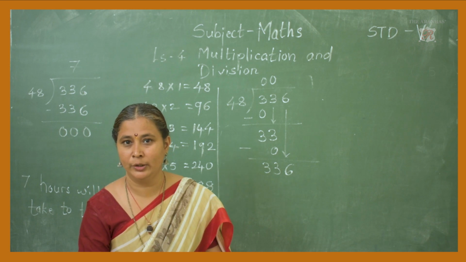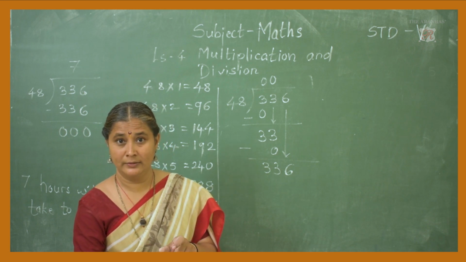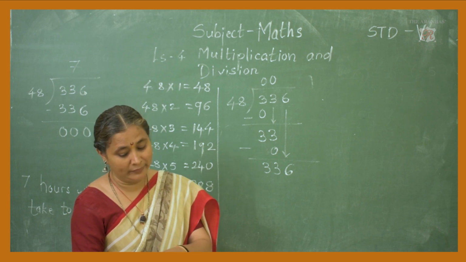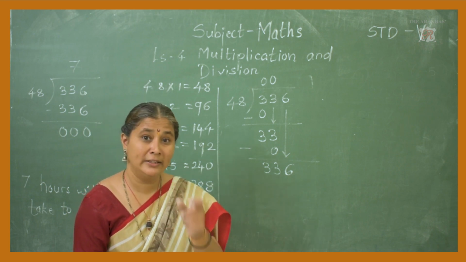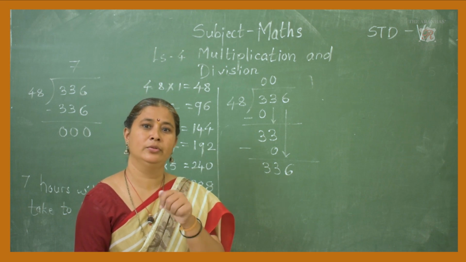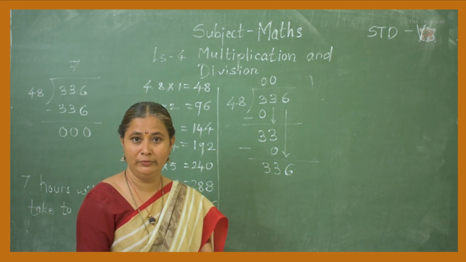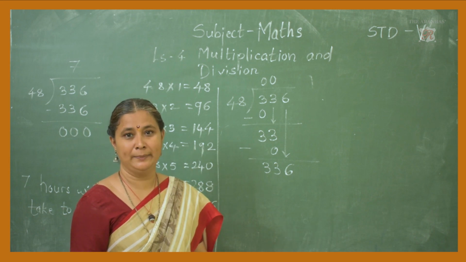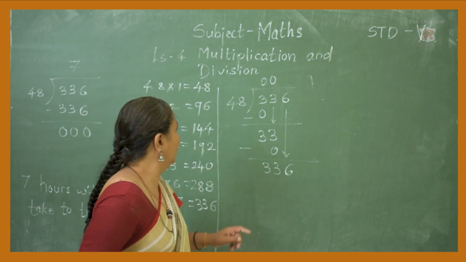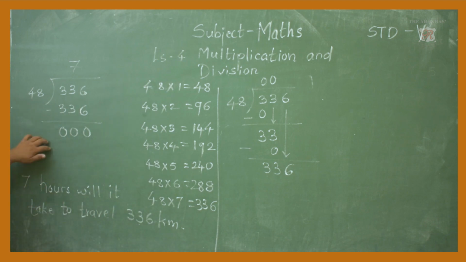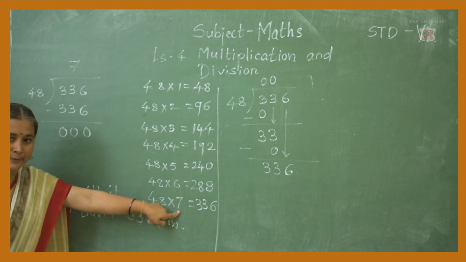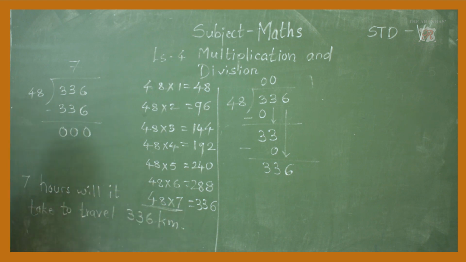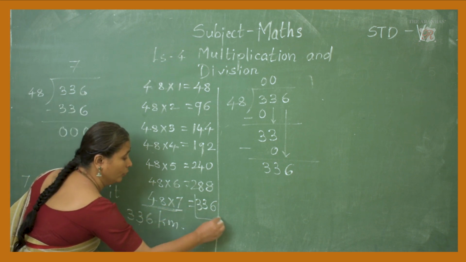We have to divide, because when we multiply a number with a whole number, then we are getting the answer. It means to find one of the two numbers, we have to divide the product by the other number. Then only we will get the number to multiply, isn't it? When we multiply the quotient with the number, then we are getting the product. See here also. 48 into 7. When we multiply 48 into 7, then we are getting the product. Which product?